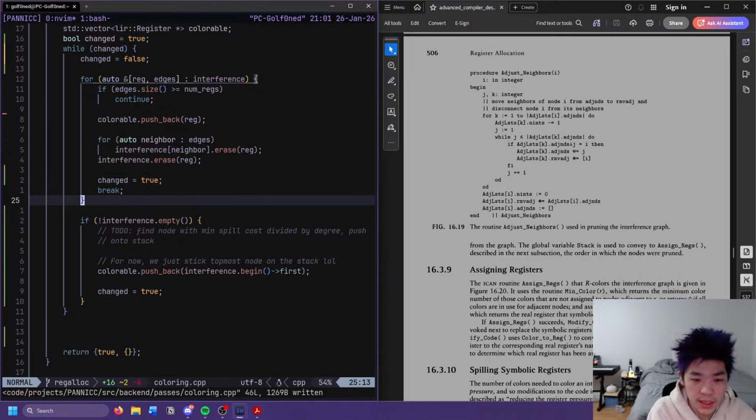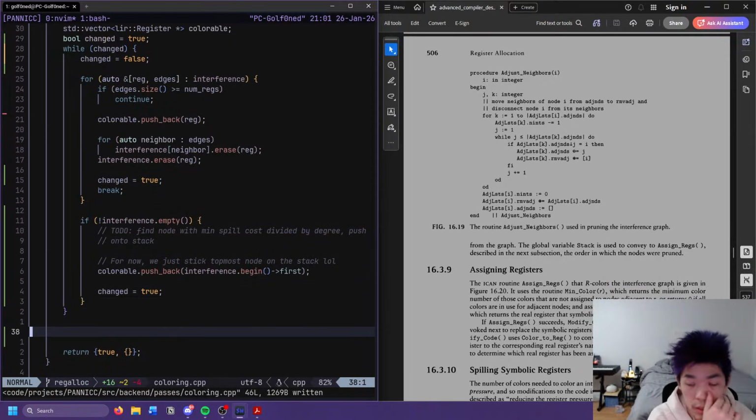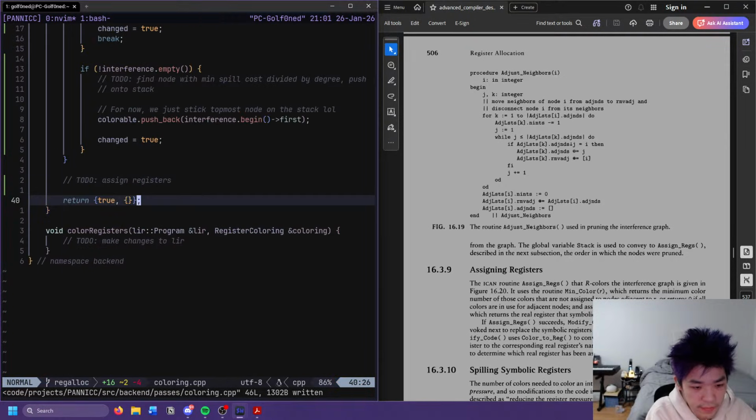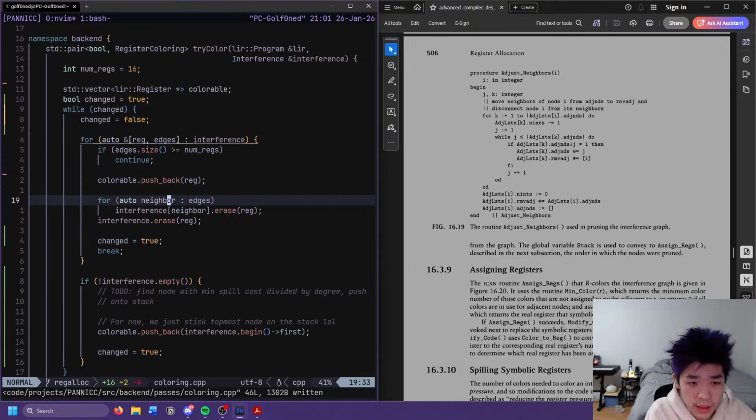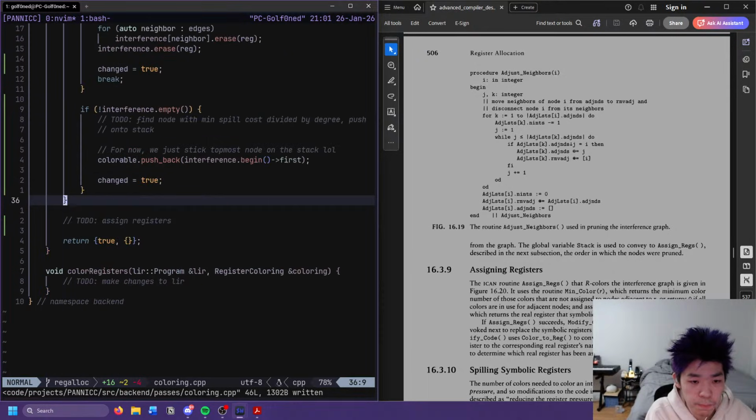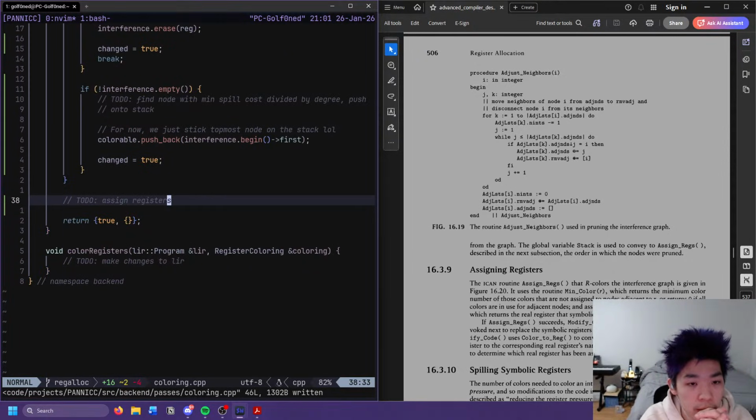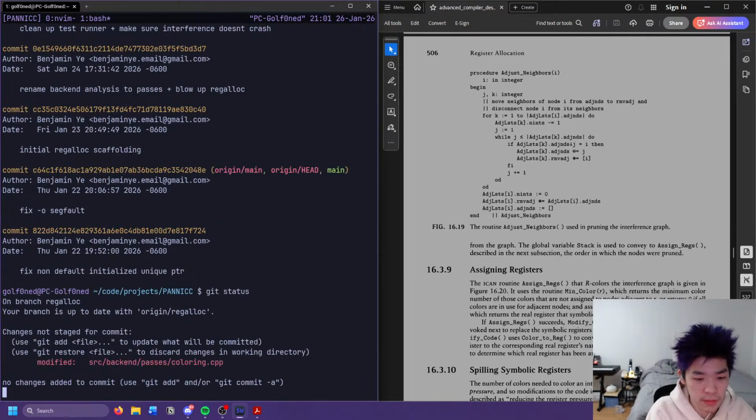Okay, so this seems correct. What else do I need to do? So here now we need to worry about assigning registers, I think. Okay, we can just leave that like that for now, I think. Okay, let's do that. Let's commit some stuff real quick.